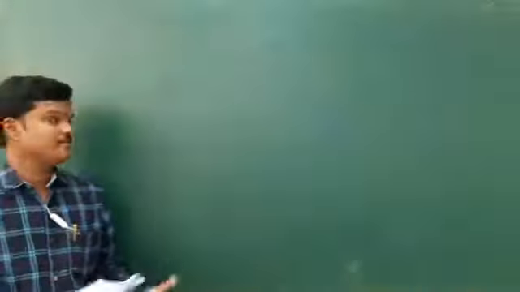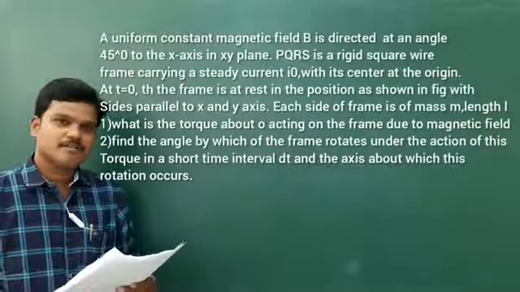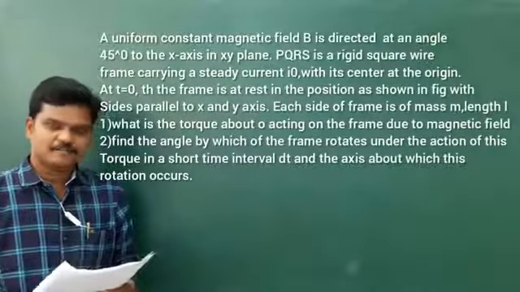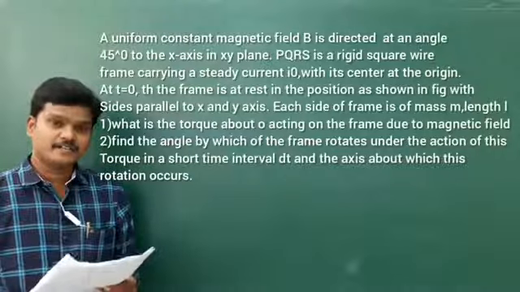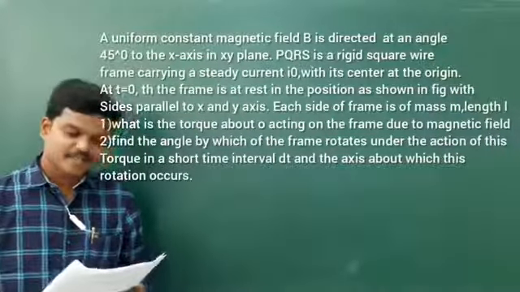Okay. Now see the next question. So next question is somewhat good question for mains level and other level. Now let me continue the question. So see the question. A uniform constant magnetic field is directed at an angle 45 degrees to the x-axis in